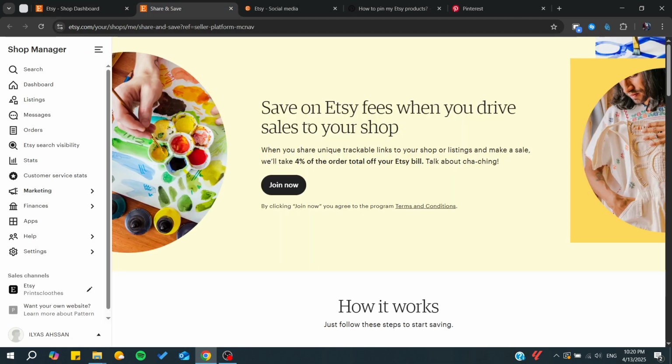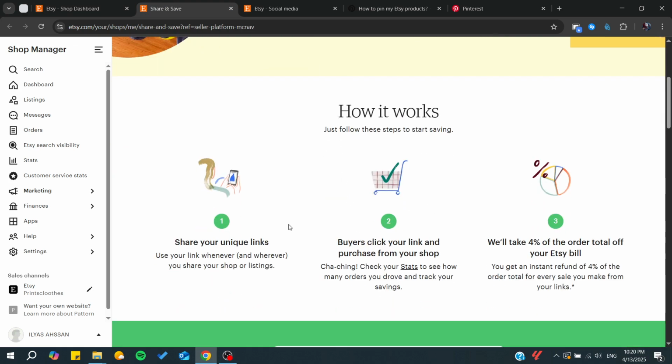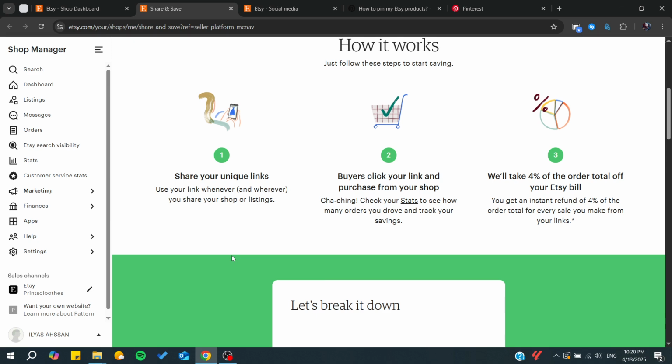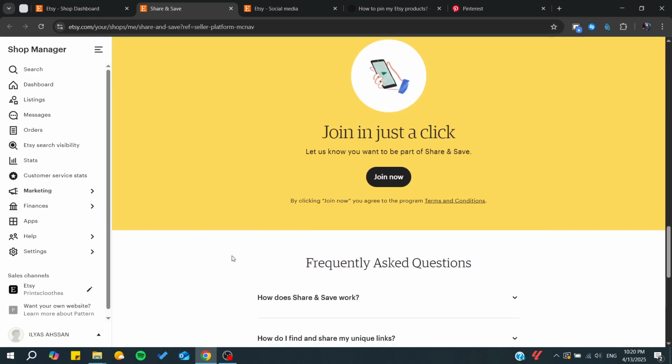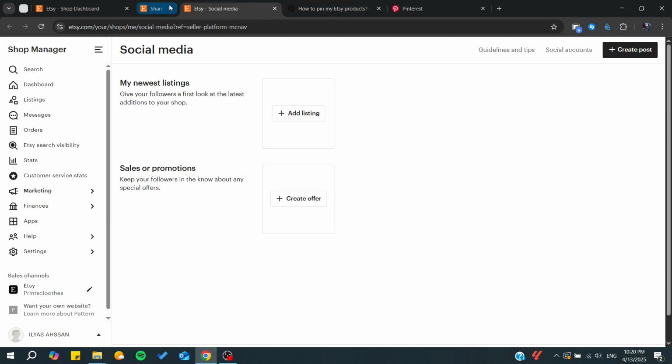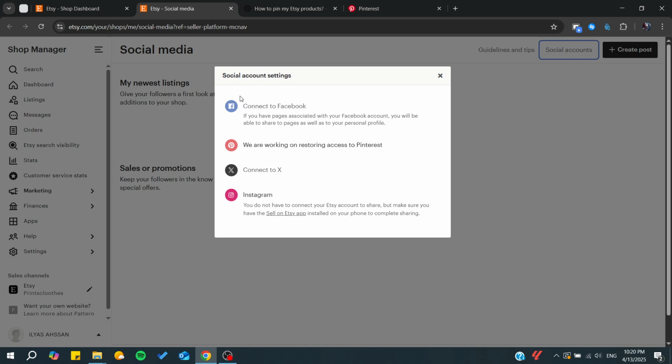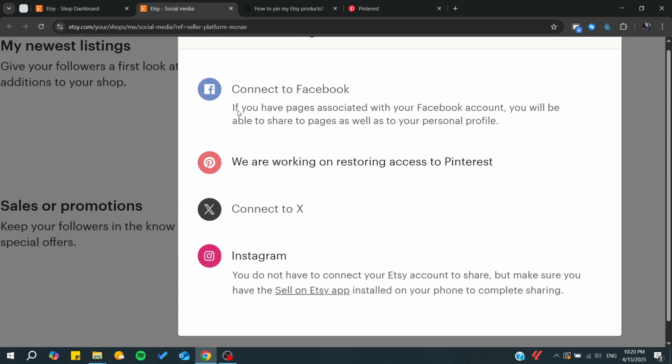So here, share and save, you will be able to start sharing your links, and basically they can be joined, etc. But what we are interested in is social media. So here you can, for example, connect in your social media. Either you can connect to Facebook, and basically you will be able to share two pages, and here you will